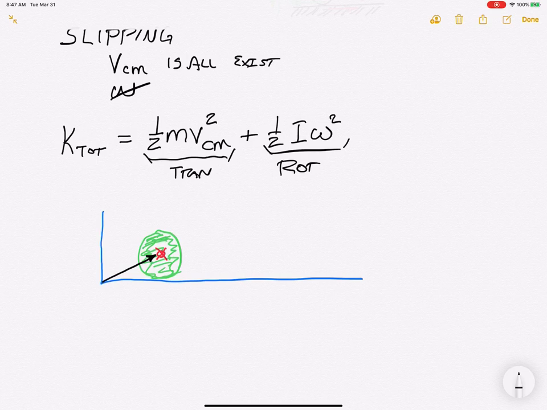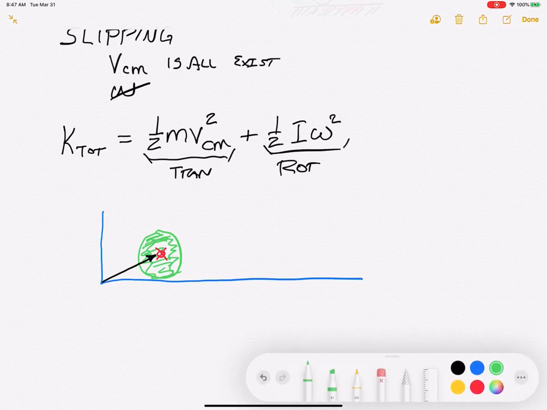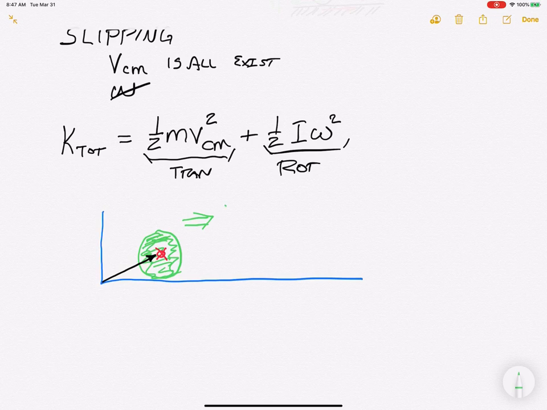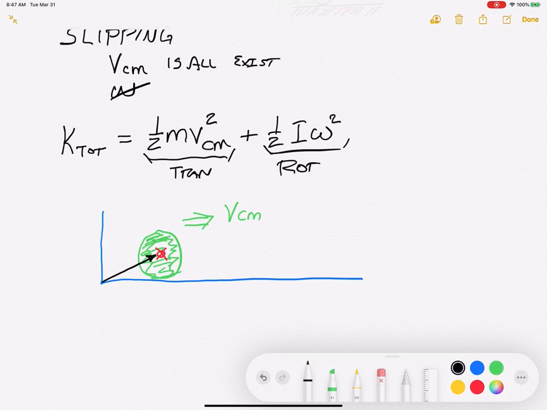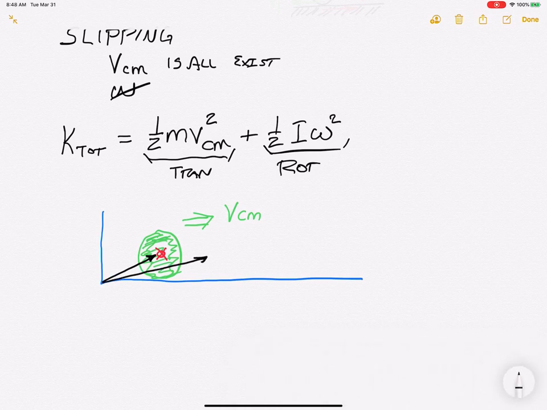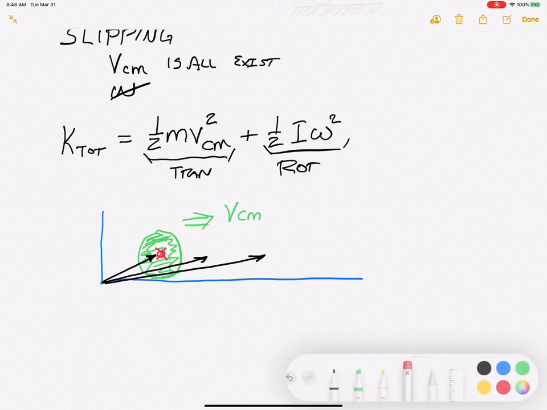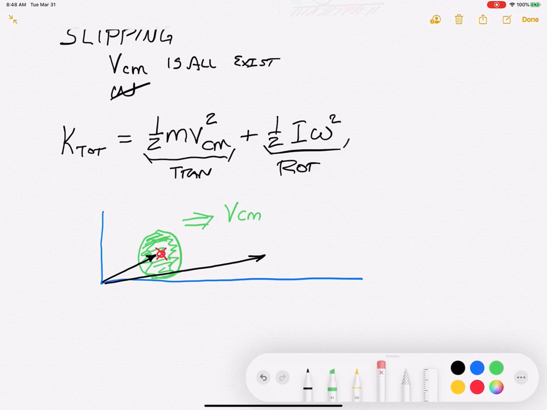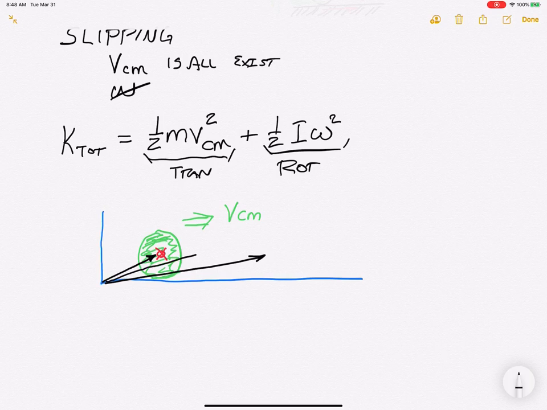As the wheel moves down the track, we're changing the location of the center of mass. As the center of mass moves over time,